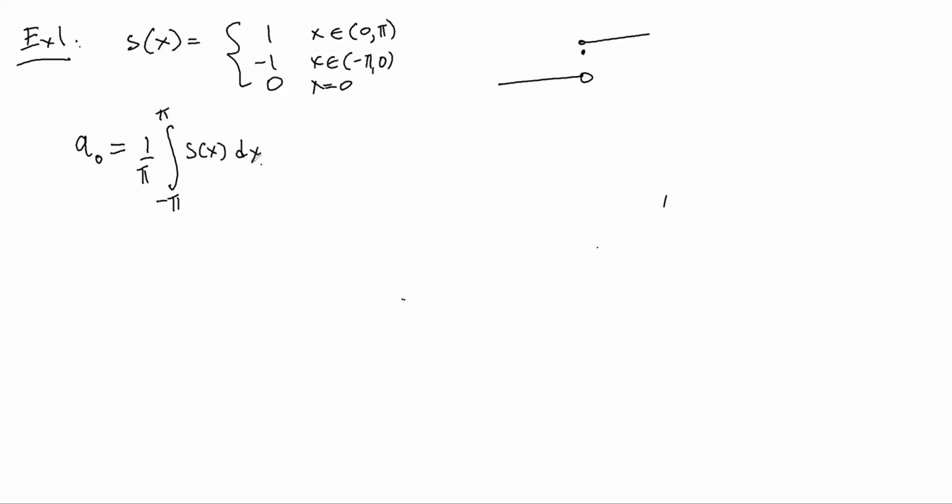But I immediately know this is 0, because it's an odd function. What about the An's, for n not equal to 0? The An's are 1 over pi